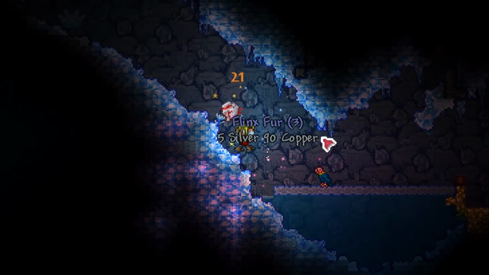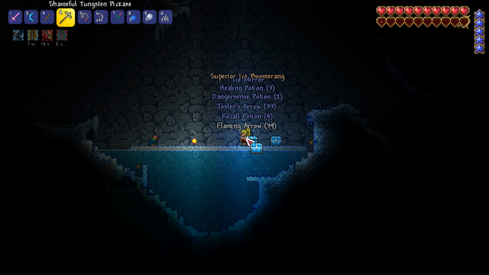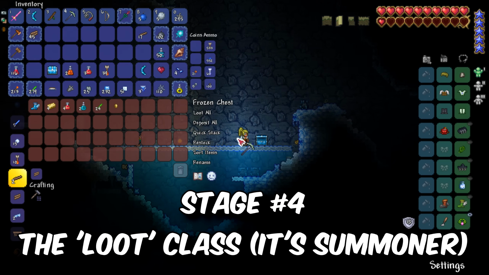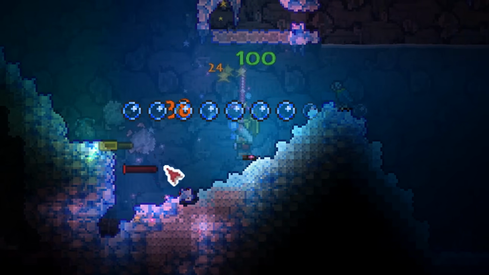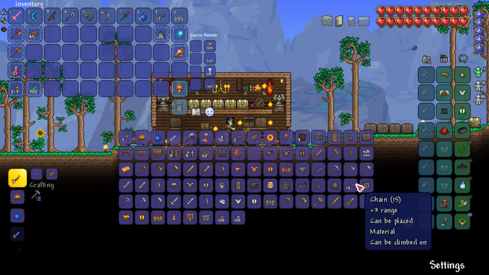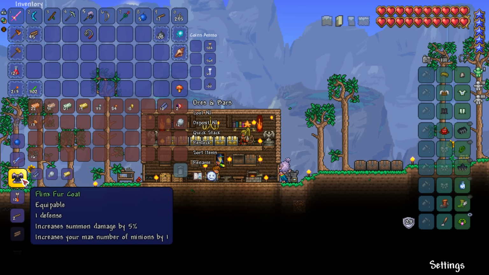Up until now, our main source of loot has mostly been from chests, but it's time to get our main source of loot farming online: summoning. That's right, summons are one of the best ways of farming mobs in the game, and I need just a bit more Flinkfur to get our first summoner set. Back at base, I craft the Flinkfur coat and the Flinkstaff, and our next goal is to get the Snapthorn to complete the